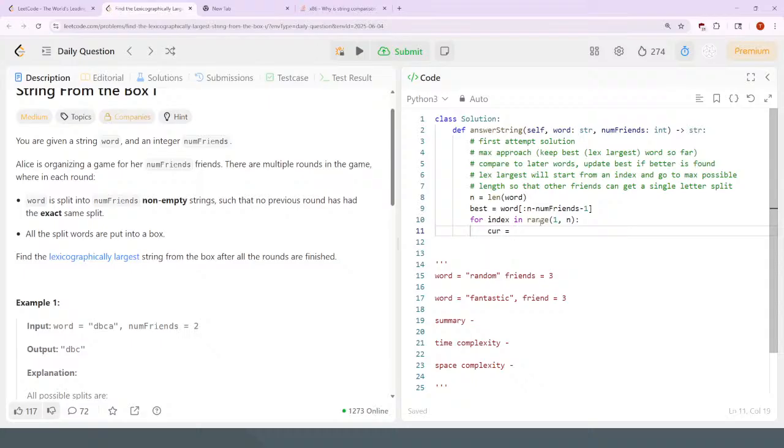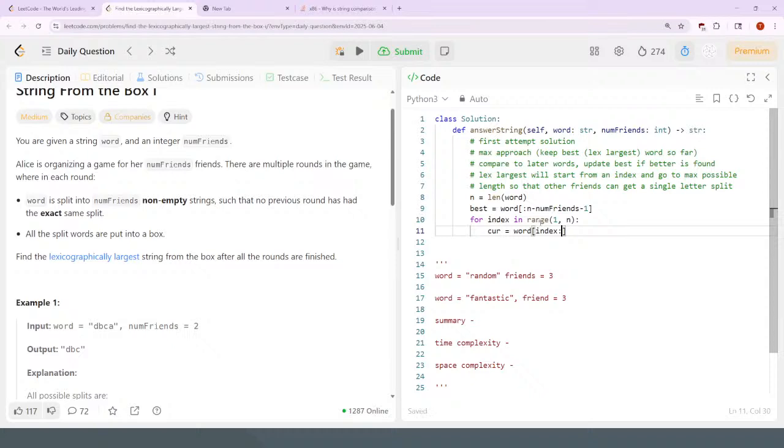Oh my god, splicing it from here is going to be so bad. Making so many splices. It's going to be too slow. Okay, but just for the sake of trying this, it's going to be word from the index to